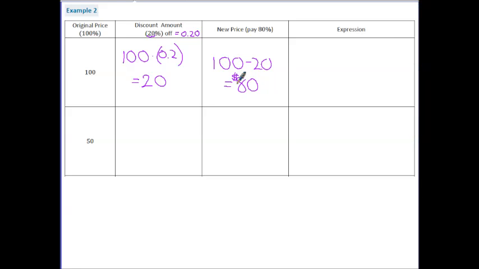Now I want you to look above here and notice it says new price, pay 80%. One of the things that can help you reduce the number of steps is to realize that whenever you have a discount amount, it means that the store is paying that amount, and so you have to pay the rest. So if you think about it, you have to pay for what's left over. If the cost is 100%, but they're going to pay for 20%, you therefore have to pay for 80%